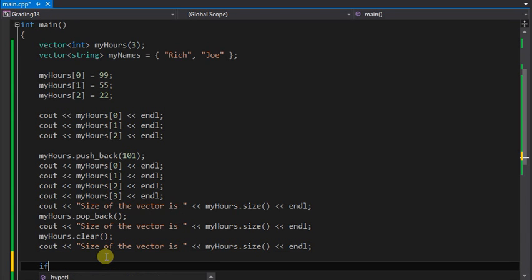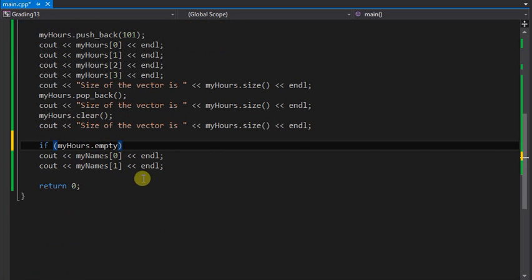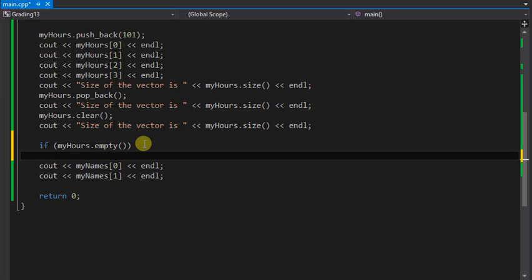Alright, so with an if, I can come in and say my hours dot empty. Don't know what happened to my list there. See, EMPT, there it is, empty. Alright, scroll down a little. It is a function. If it's empty, then we're going to cout